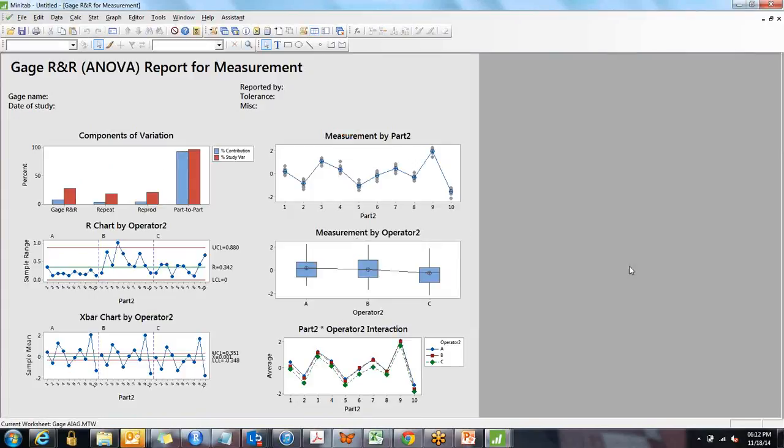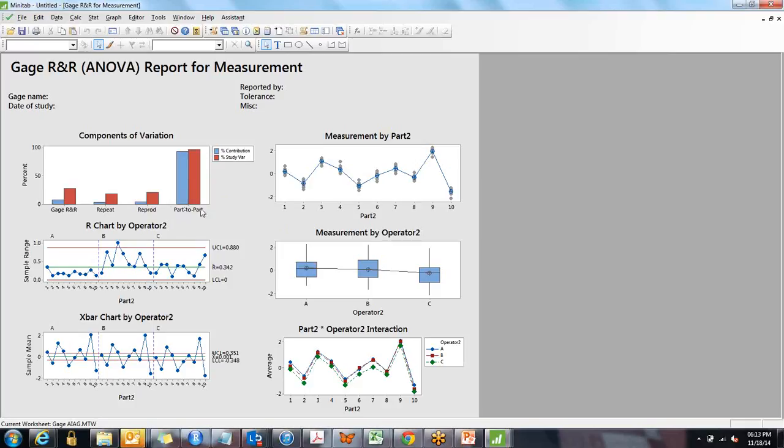I get these things. Now tell me, there is no yellow color. Why is there no yellow colored bar? Because tolerance is not provided. Yes. If tolerance is not provided, yellow would not appear. Then if yellow is not there, which bar are you going to view and make conclusions? Blue, I think? No, red. You have to look into red.